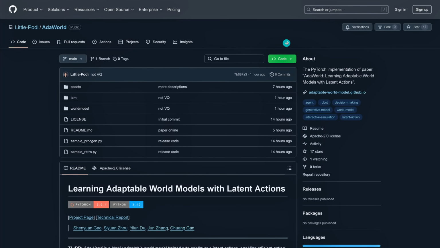For this particular paper we have a beautiful GitHub repo. You see, I'm a little bit early. It's really just published here. This one was just built 1 hour ago, this was built 5 hours ago, 7 hours ago. But you have the code, you have the model, real nice. It has only 17 stars, maybe you like this idea. You have the code and everything available for you, free on GitHub, and we have an Apache 2 license.